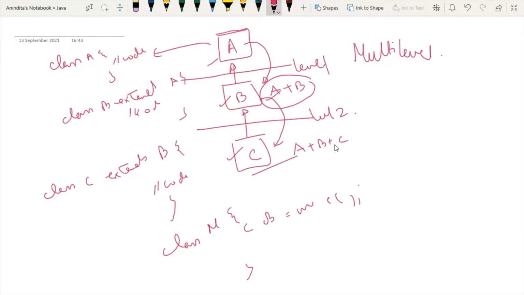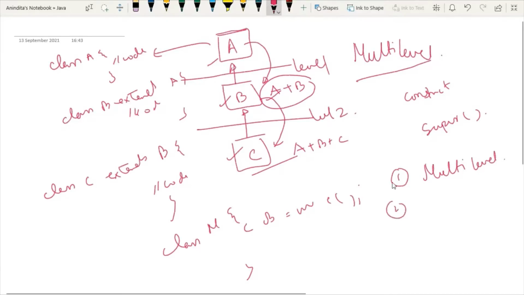But what is the trick over here? There is one very interesting question: what is the hierarchy of calling when we use constructors in case of multi-level inheritance and you are not allowed to use the super keyword? Try to understand. Now today's question is, we have multi-level inheritance, right?